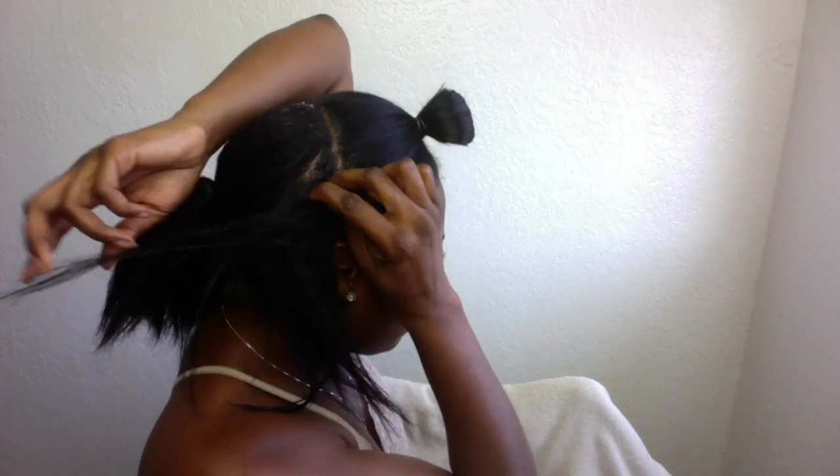Okay, you guys, so right here, the only thing that I did was part my hair straight across. I'm just doing this so I can section off the back so I can get ready to braid the back down. This would be the part where I